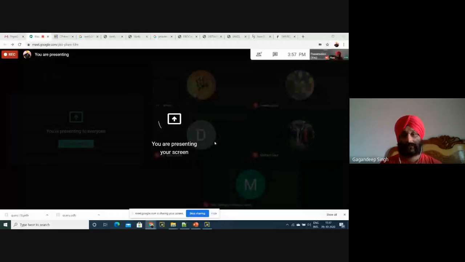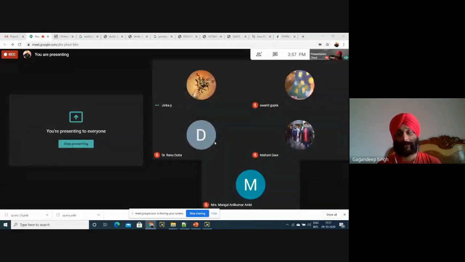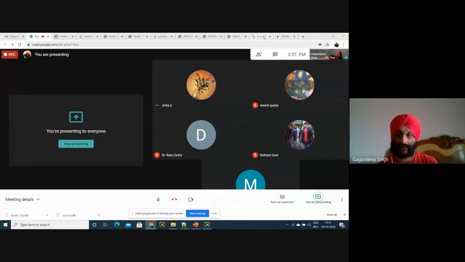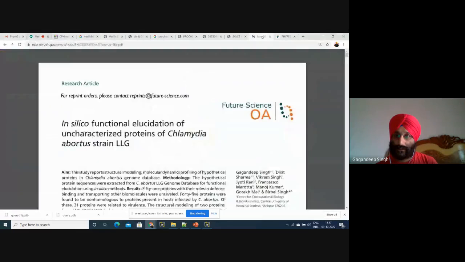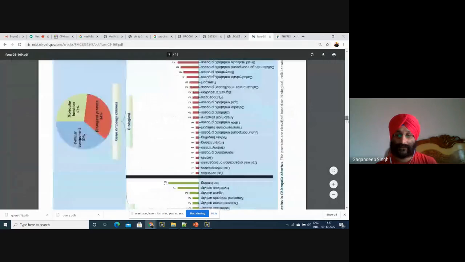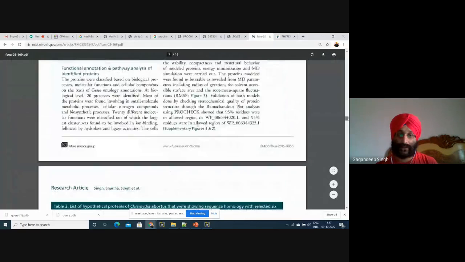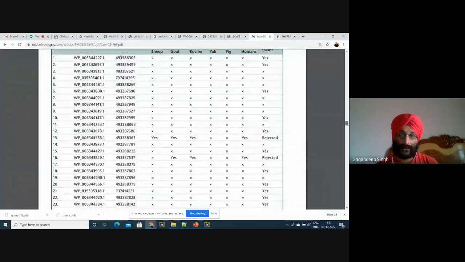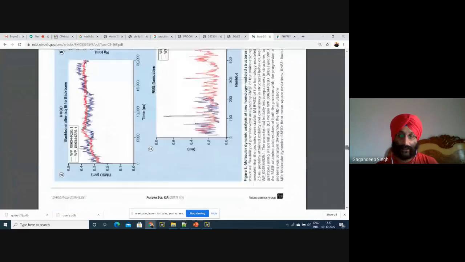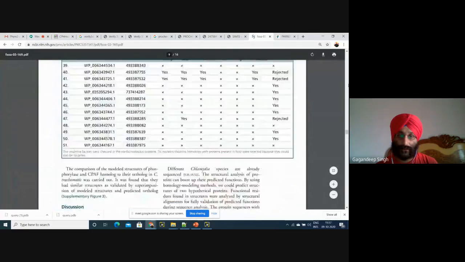So same is the case with my publication. Not one publication, I have 4 to 5 publications which are similar in this pattern. Okay, I'll show you other publications as well. In this paper that I was showing to you, I have modeled only, I think, 2 proteins. See how many proteins there are, a lot of proteins. But finally, we were able to model only 2 proteins.